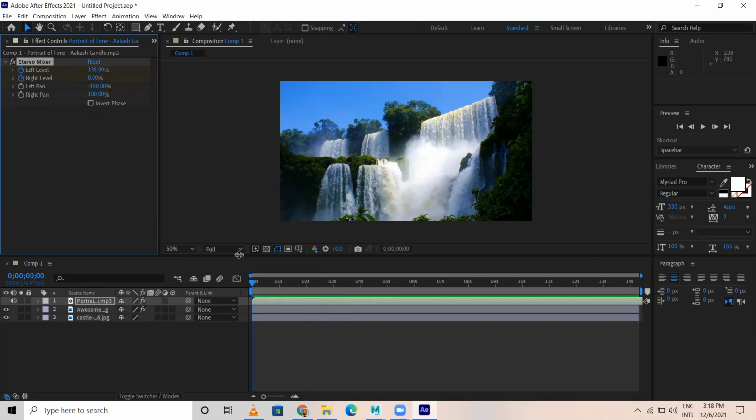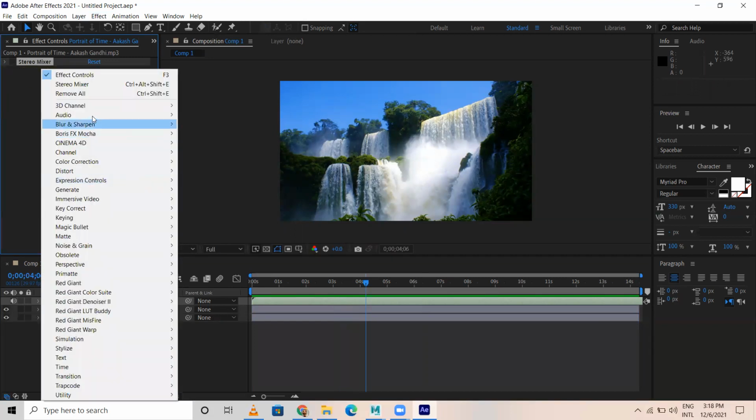Okay, so in this case what happened when I play, first left is on. When you wear a headset, left audio is audible, and while it moves on the right side, audio will move. Okay, left to right, like a mixer. This option you have in Adobe Audition as well. So you can try that.